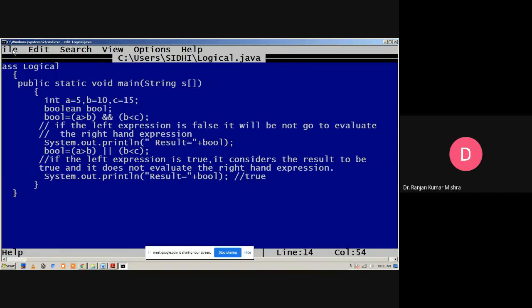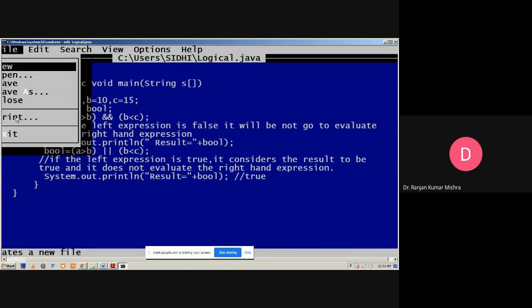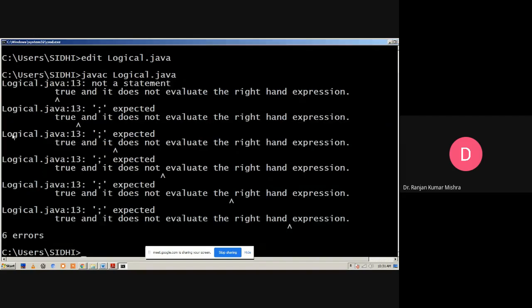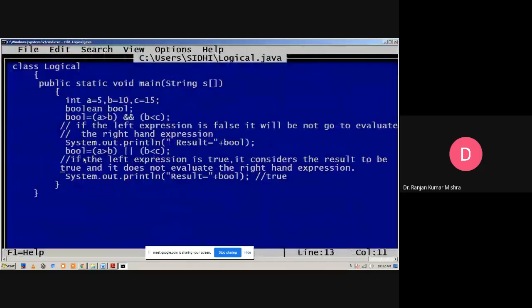Now we save and exit. Java logical. Suppose we can check here, we have to make this statement a comment. So this error has been generated. Logical.java, we have to make the statement a comment.